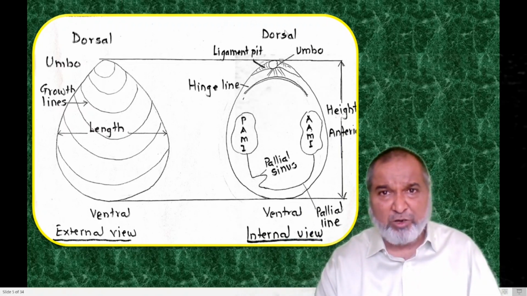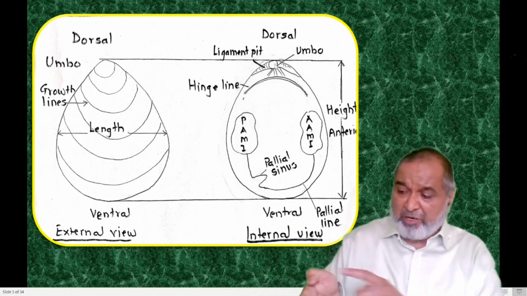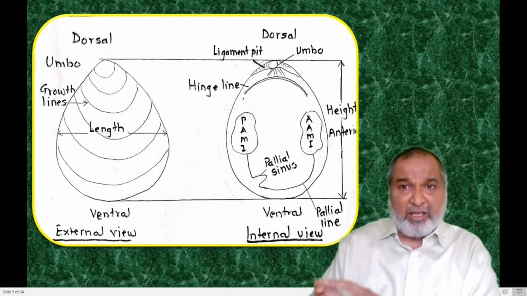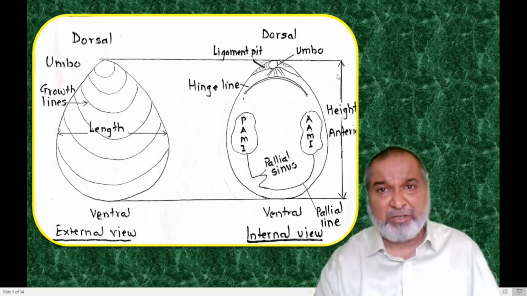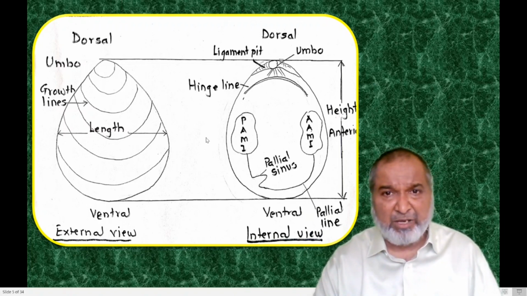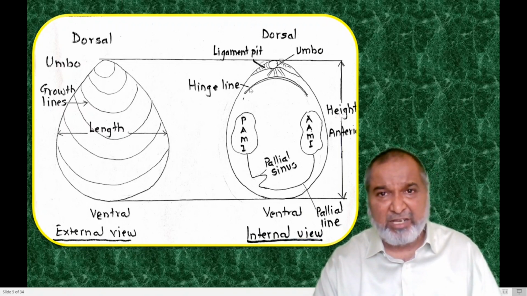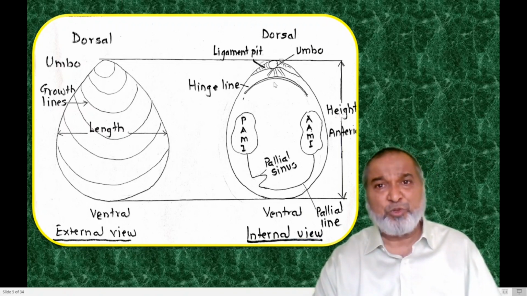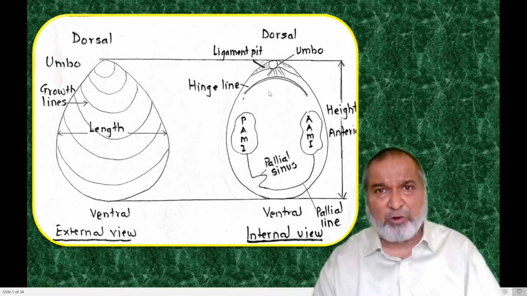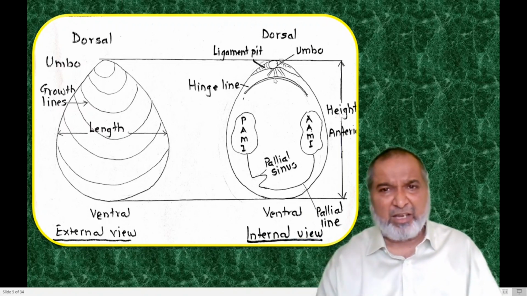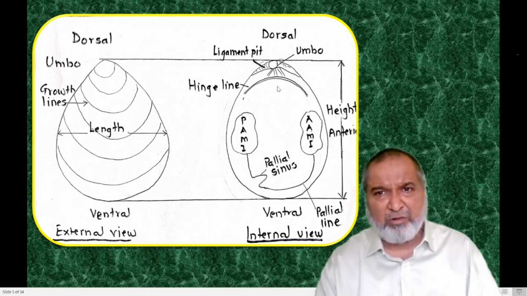Now towards the dorsal side, what we have is the umbo. Remember, wherever the umbo is pointing, that is your anterior side. This is the anterior side, and this will become your posterior side. You can see the hinge line is there, with grooves and sockets. So we'll see that also, hinge line, then the umbo, then the ligaments. Now these are not hard parts, so we are not going to draw this part, but here what we have is a very important one.